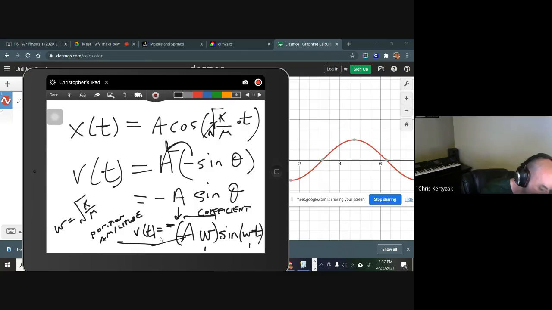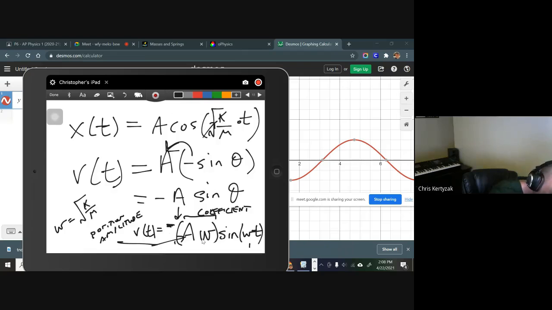So this is still the position amplitude, and this is still omega, the same old omega. And this is still omega t, just like we had before, which could be square root of k over m. So it turns out that the maximum speed, which is what I was about to do before, A times omega,